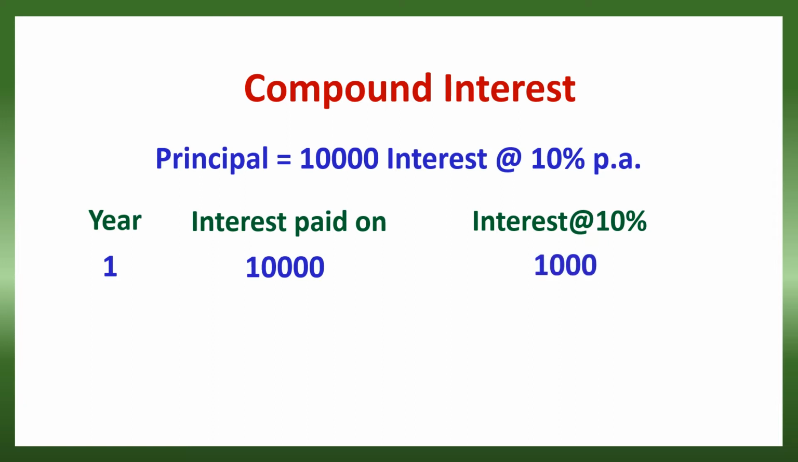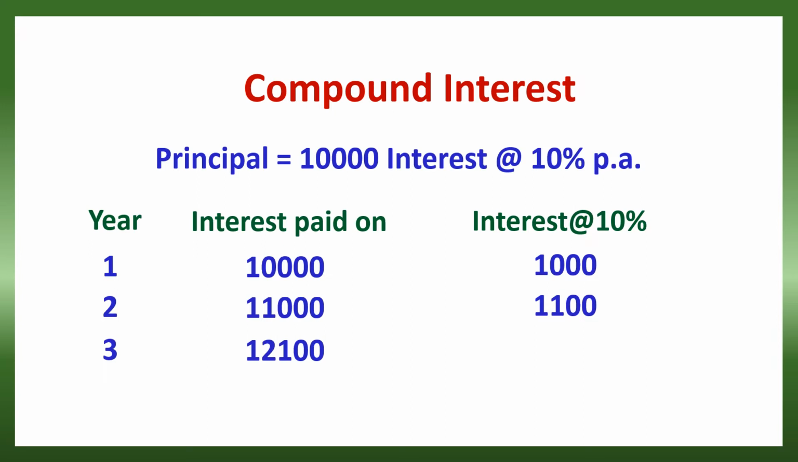So 10,000 into 10% is 1,000. And when coming to the next year, the interest is paid on not the original principal value. It is paid on 10,000 plus this 1,000. So in the second year, interest is paid on 11,000, that is original principal amount plus the interest paid in the first year. Now here the interest is calculated on this 11,000. 11,000 into 10% is 1,100. And in the next year, again this 1,100 is added to this 11,000. So we have to pay interest on